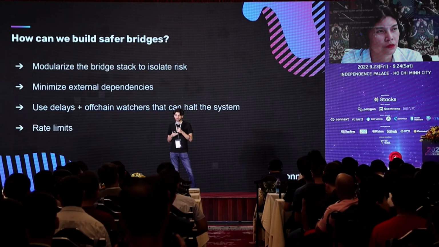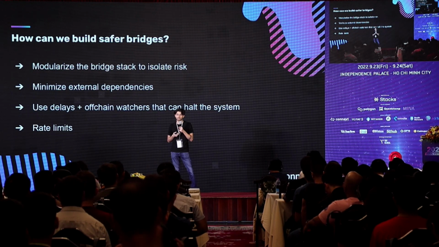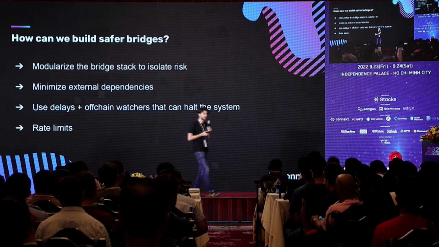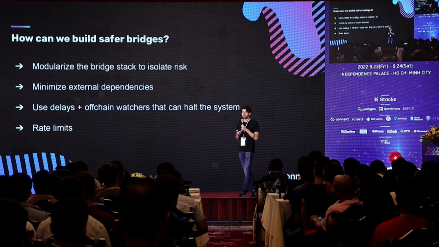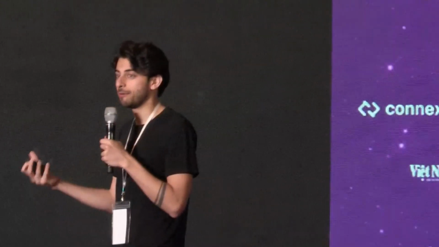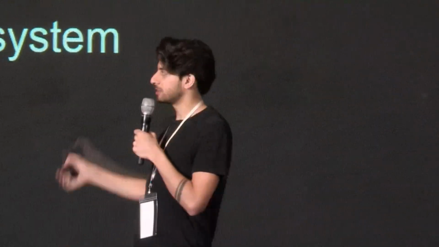Next, one of the key things that we're seeing is using delays. So do you need to be able to send hundreds of millions of dollars across chains immediately? Probably not. Right? I think in most cases, if you're a fund or a liquidity provider or a market maker that is transferring $100 million across chains, you're probably okay with waiting 15 to 30 minutes. And that delay is long enough to be able to have off-chain actors, basically what we call watchers, watch the chains and make sure that transaction is bona fide. Make sure that transaction isn't happening as the result of a hack.